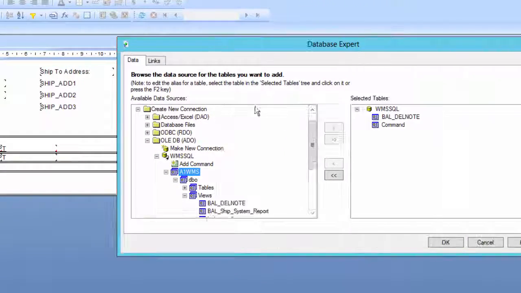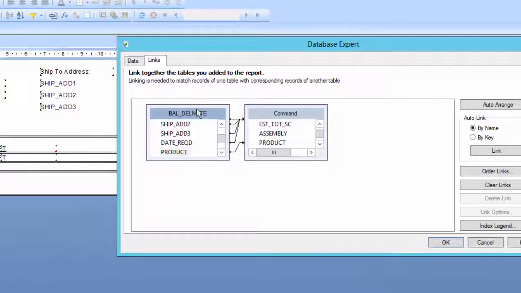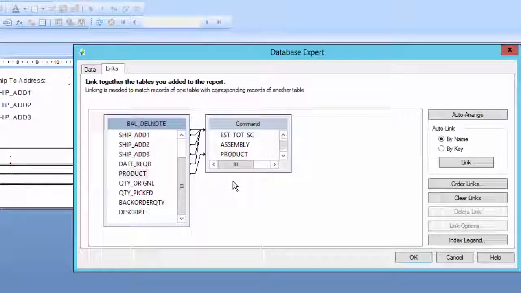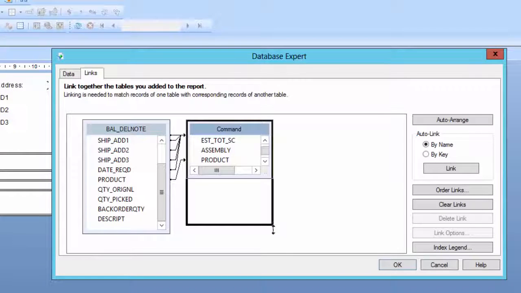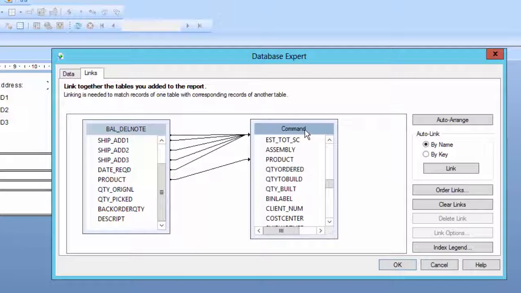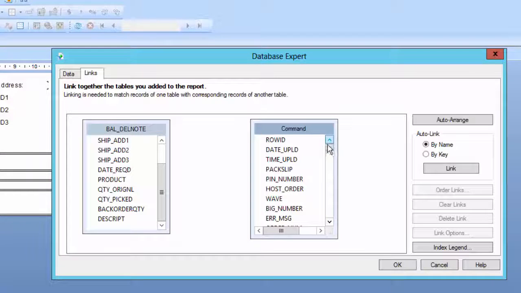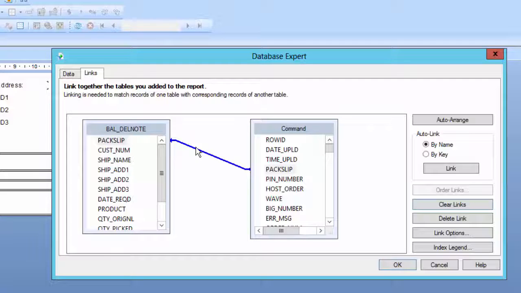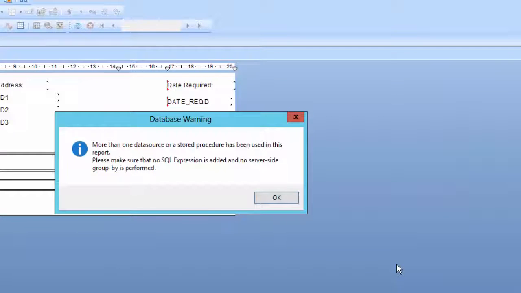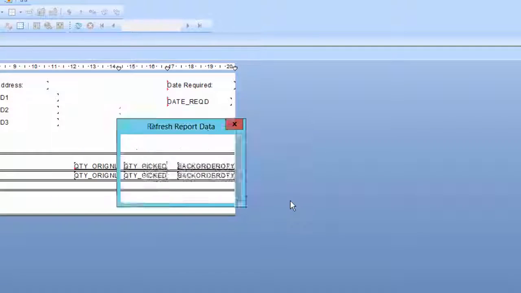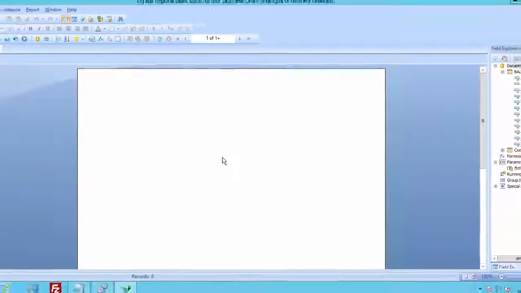Now after I add the command, I need to look at my links, and the Crystal report automatically generated some links between the view which we created and the command. So I'll clear all the links, and the only link which I want is on the packslip, which is my order number. So I'll just grab it from packslip to another packslip, and I can see that there is a link. I'll click OK. I OK this warning, refresh the data,